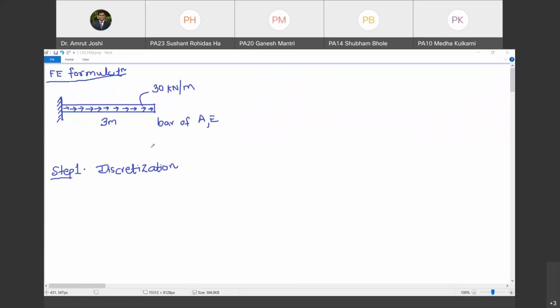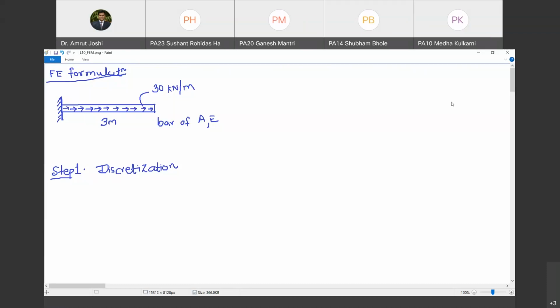In today's class, what we are going to see is the FE formulation. What we have discussed till now is the finite element formulation in terms of displacement fields. We have also discussed two types of elements: one node 1D element, two node 1D element. Now, how to club the process of discretization and finite element formulation along with the variational principle, that is minimization of potential energy equation that we have derived.